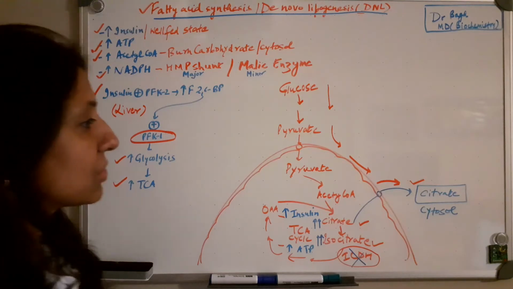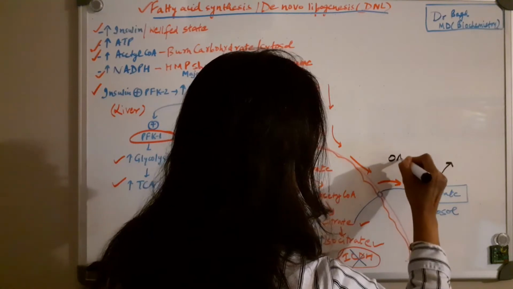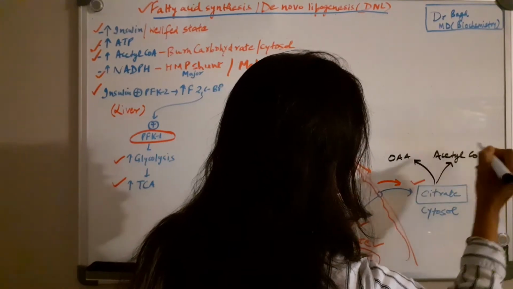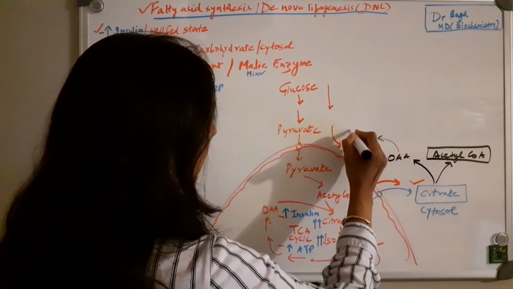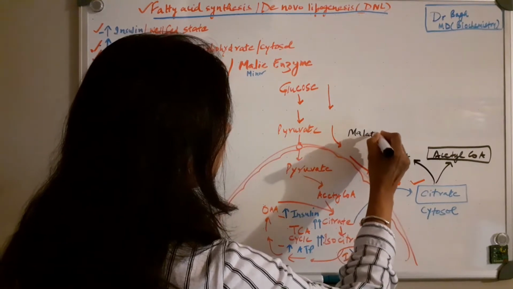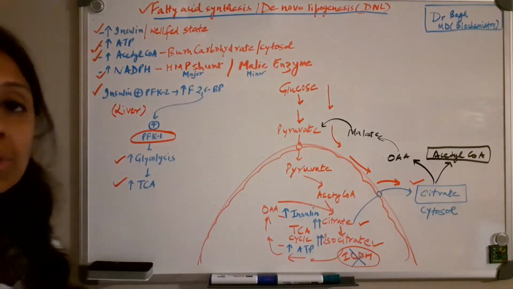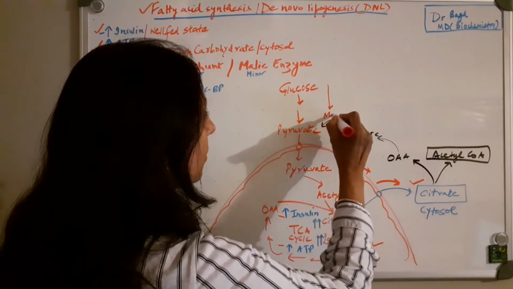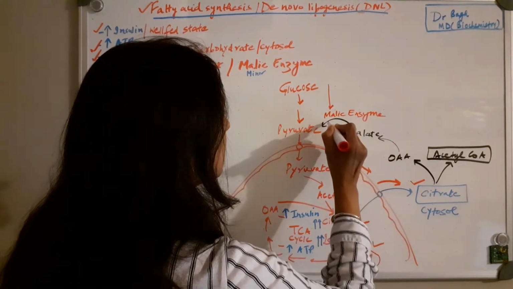Once citrate is in the cytosol, I told you that citrate splits back into oxaloacetate and acetyl-CoA. This is what you need, acetyl-CoA in the cytosol to start fatty acid synthesis. I also told you that oxaloacetate joins back pyruvate. How? First by giving malate, and then it joins back pyruvate. Just to mention, which is not very important, but you must know what's the enzyme working at this step. It is known as malic enzyme. And what does this enzyme do? This enzyme gives you